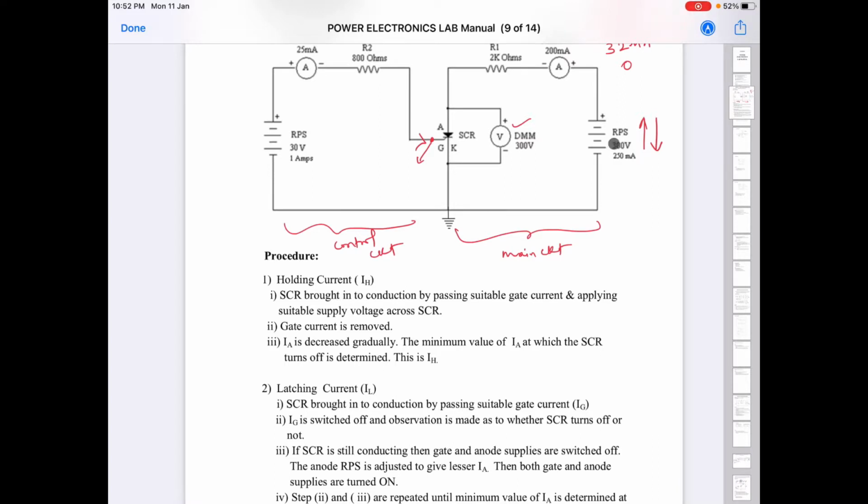Once you directly switch it off, wherever the voltage adjustment was, this is the procedure to find the latching current. Wherever you had kept the knob earlier, you just keep it there and switch off the supply. Then slightly reduce that knob, means reduce this voltage, and then switch on. Once you switch on, it will conduct, obviously, because you have given IG. You have to replug this and make it on, and it will conduct.